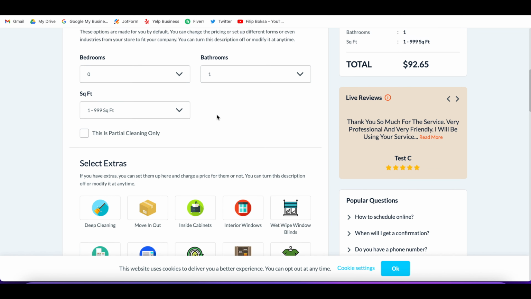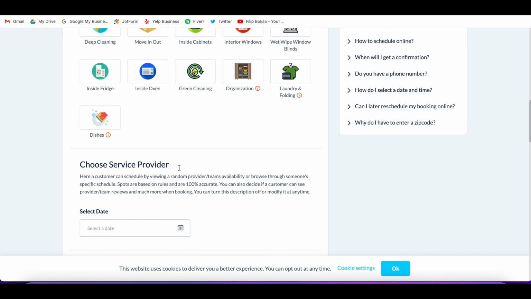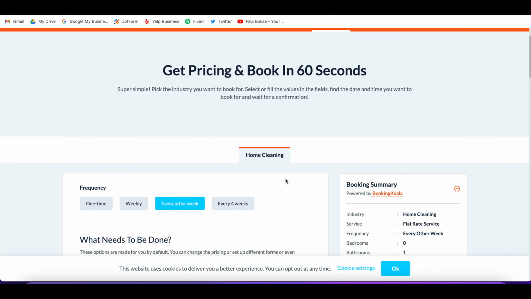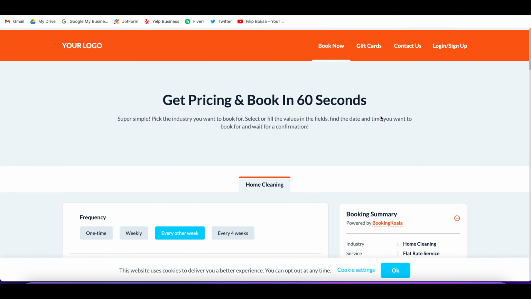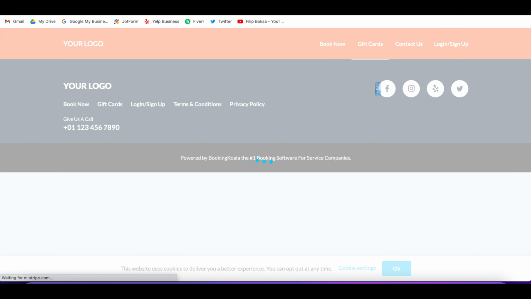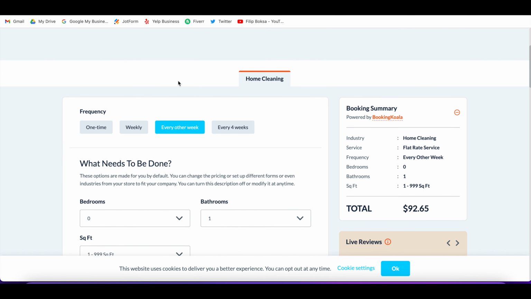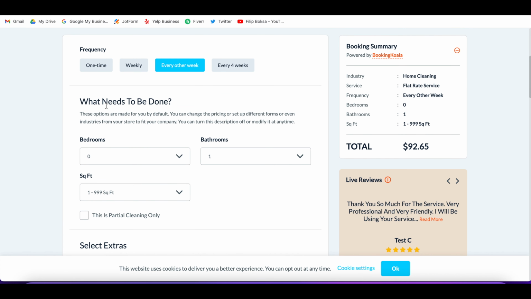You could also do a two-step form, which is divided into two. So the second part, you'll hit next, and then you'll get the second part to come up. And these are completely customizable, so if you guys want to customize them, you can. You can adjust your prices, whatever you'd want to do. Take this banner out or this section here. Obviously, you can change your frequencies, your texts,